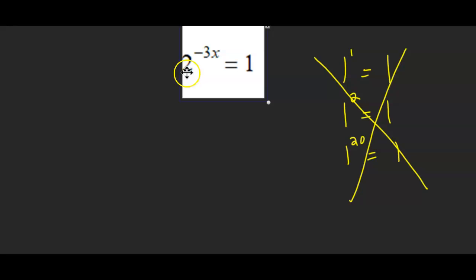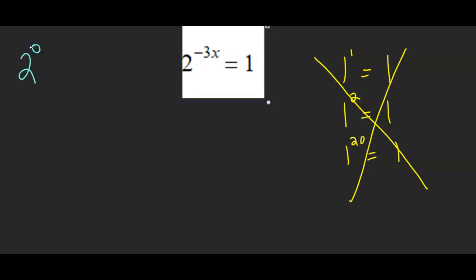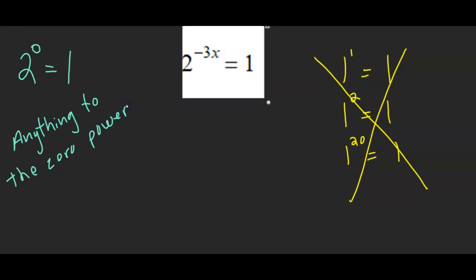So this is not a base that we're ever going to use to rewrite in. So you're going to look here at my 2. We're actually going to use a base 2. I'm not sure if you recall that property of exponents: when we have a base raised to the 0 power, that's equal to 1. No matter what the base is, anything to the 0 power equals 1. So no matter what the base is over here, if you see a 1 on the other side, you're going to just use the base that you see and then raise it to the 0 power,